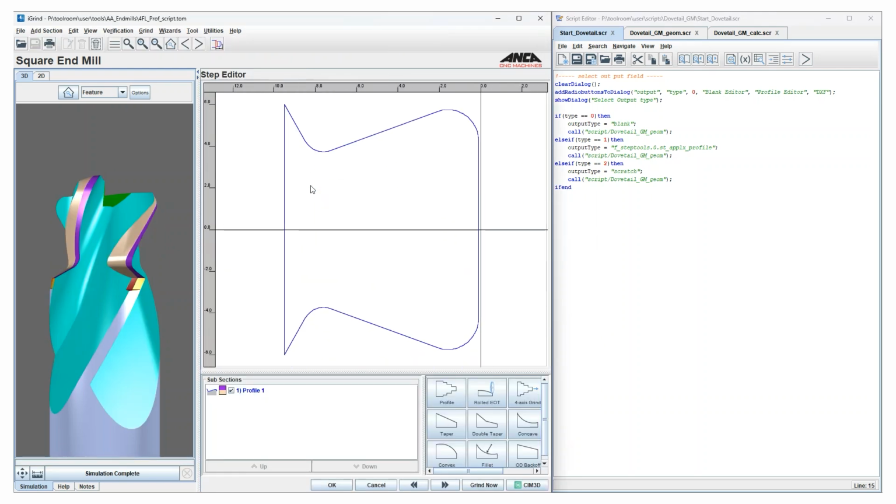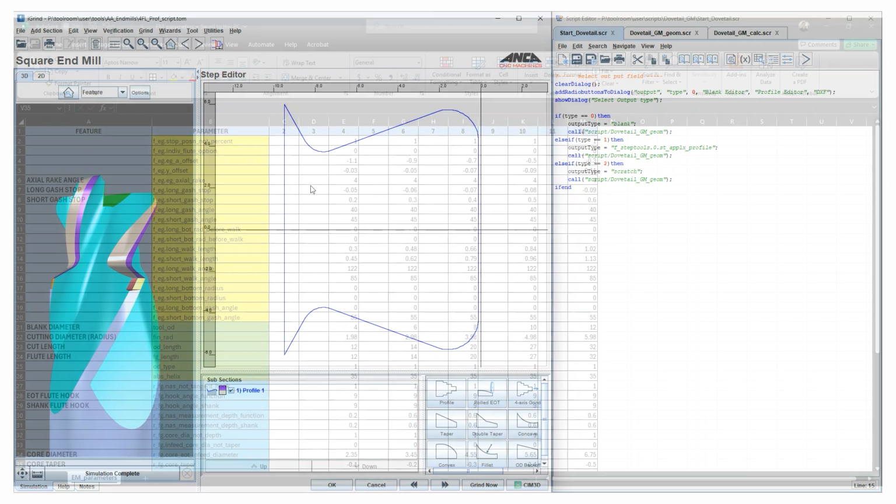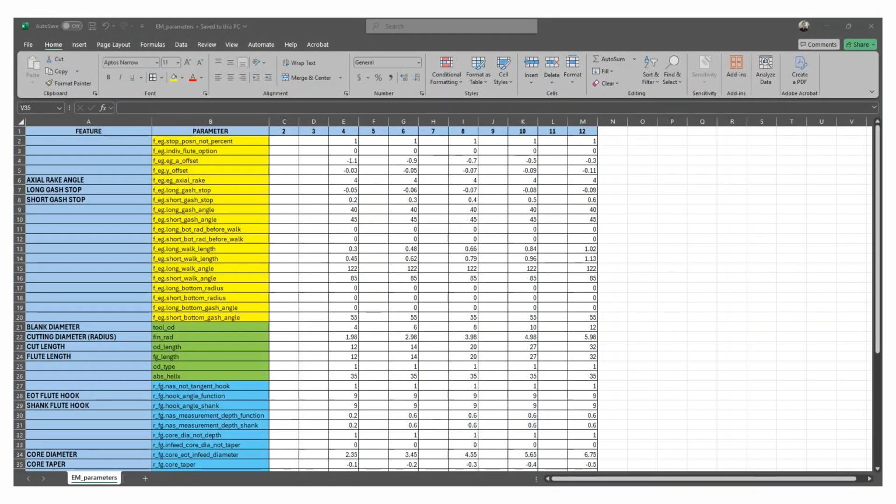Custom GUIs like this are a huge time saver when they're applied to simplify complex tool designs and calculations. Scripting makes it possible for iGrind to communicate with CSV files. There are a number of use cases for this, but a common use case is to store tool parameter data on a spreadsheet rather than within iGrind. For example, if a company produces a series of 4-flute endmills in various diameters, they can store the tool geometry for all the sizes within a CSV sheet.